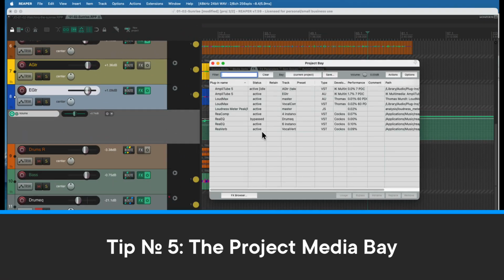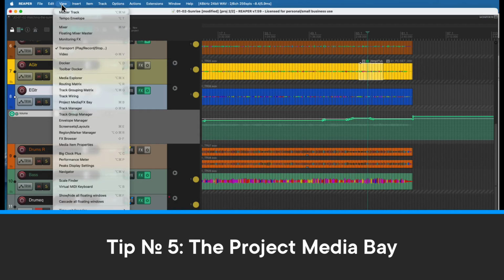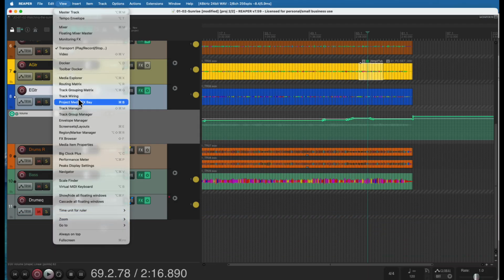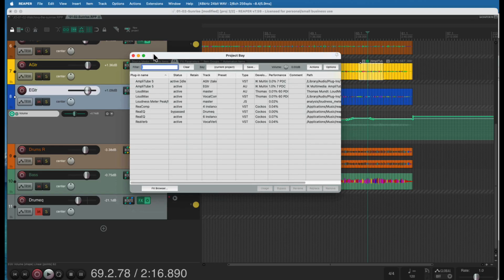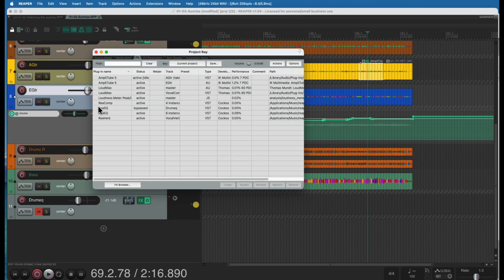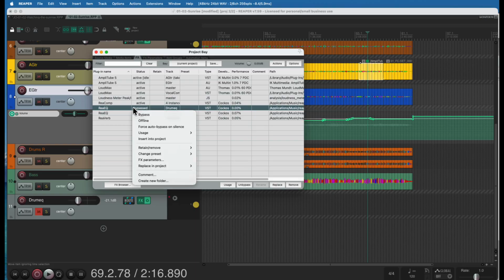Command B brings up the Project Media Bay, also available under the menu bar with View, Project Media FX Bay. Really useful if you need to do something like add or remove an effect from all the selected tracks. There are some common actions like removing all instances of an effect from all tracks across the bottom, and right-clicking in the table offers up various actions you can take or just more information like which tracks use a particular